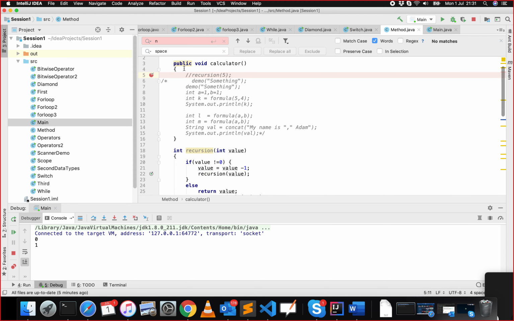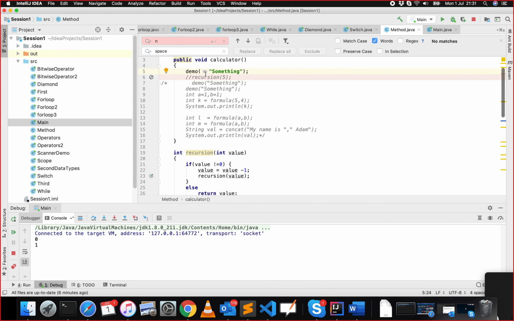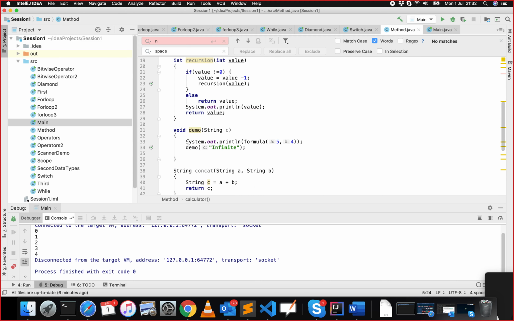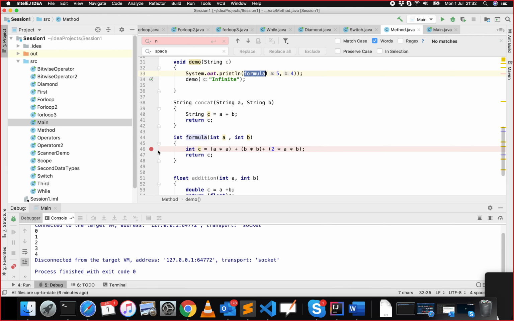If I call this demo, when I call this function, immediately the line of execution will jump here. Now it will try to execute this statement. Once it sees the function here, immediately from here itself it will jump here. So this will be the first